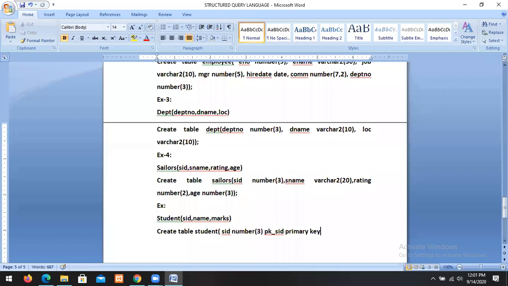If I define it like this, the student ID cannot be null and must be unique. Otherwise, the system will produce an error. If you give the same number, the system will produce an error. If you do not give a value, the system will produce an error. The system will not accept such a column. Under this we have the student name,